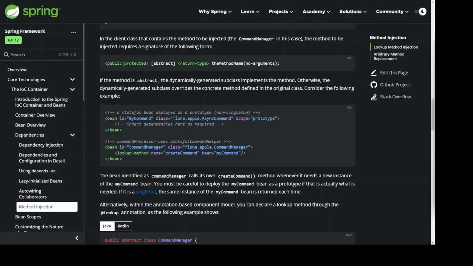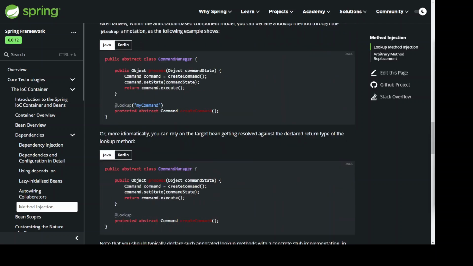Alternatively, within the annotation-based component model, you can declare a lookup method through the @Lookup annotation, as the following example shows. public abstract class CommandManager { public Object process(Object commandState) { Command command = createCommand(); command.setState(commandState); return command.execute(); } @Lookup("myCommand") protected abstract Command createCommand(); }